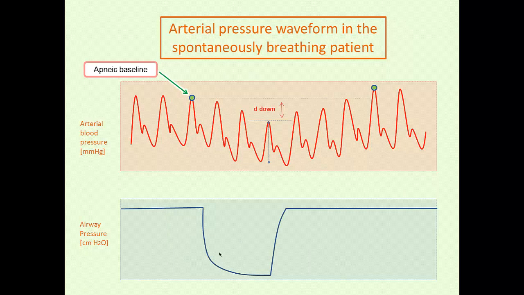And you could say this is your airway pressure here. This is the baseline. So then here, this is your D down, the drop in your systolic pressure that occurs with inspiration. You have a drop in your pulse pressure as well. And then here, this is your maximal systolic pressure. This is your D up. And again, this is fairly variable, but your increase in your pulse pressure, or your maximal systolic pressure,